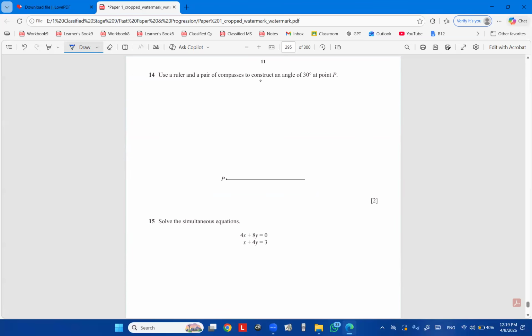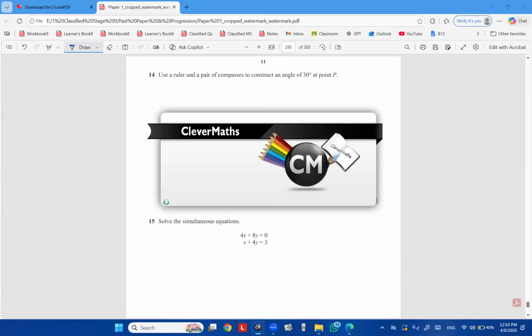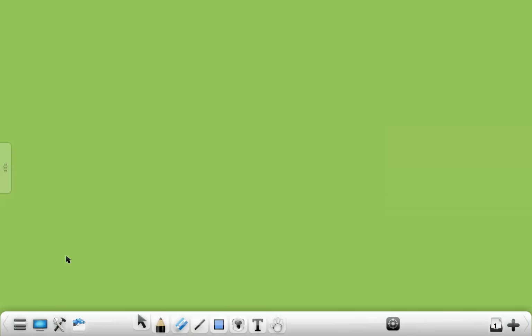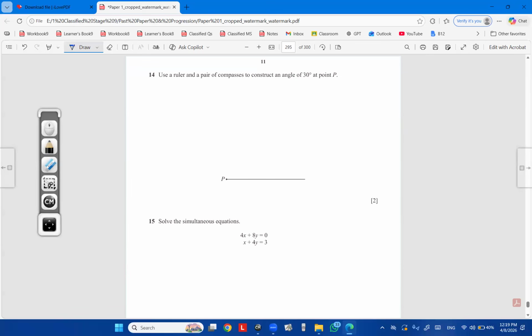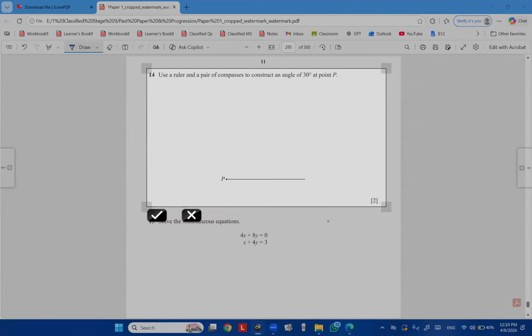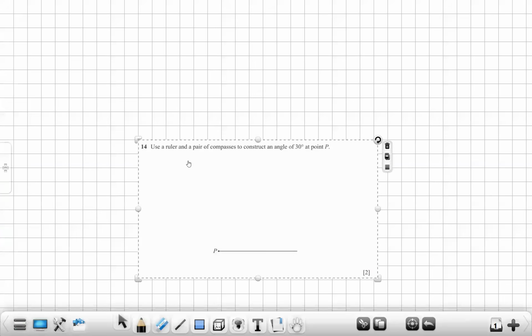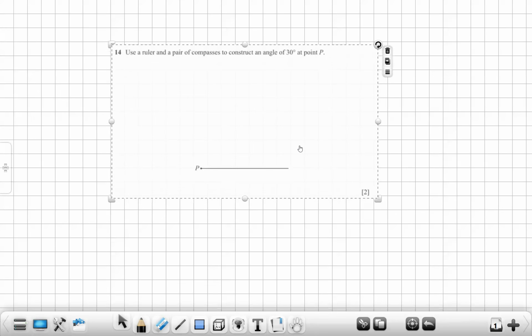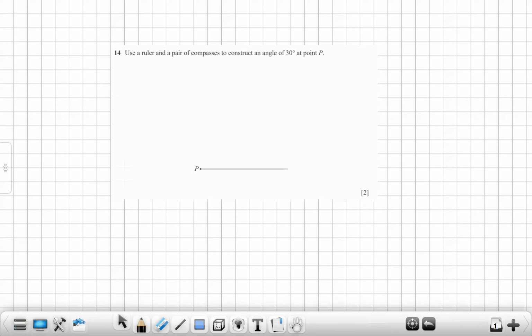Use a ruler and a pair of compasses to construct an angle of 30 degrees. I'm going to need just to open this application. It's going to help me answer this question. Here we go. All right, they want 30 degrees. So what I'm supposed to do actually is that I get my compasses